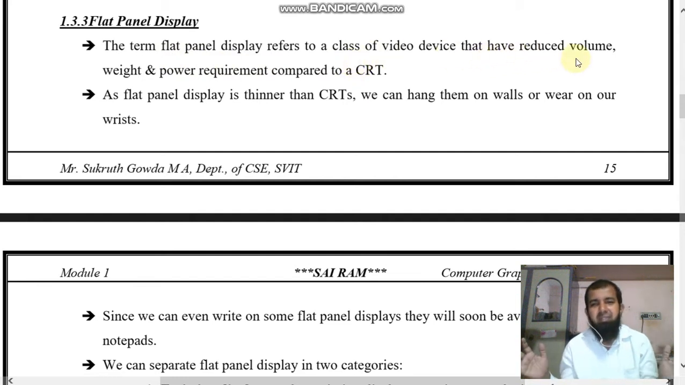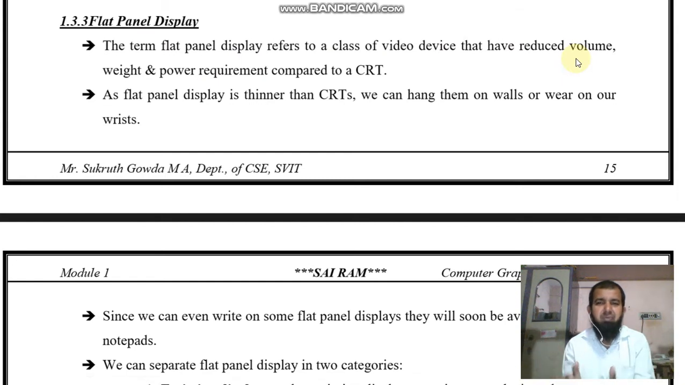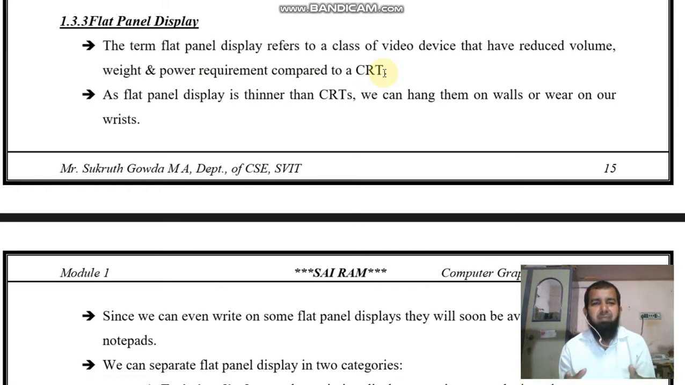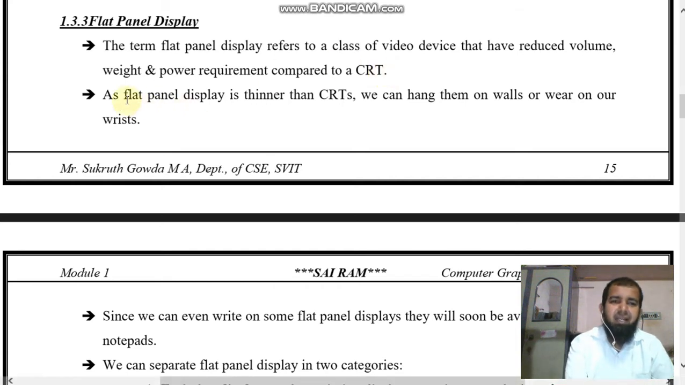The volume of the display device is reduced compared to CRT. Weight also gets reduced. Power requirement is also reduced compared to CRT. So in flat panel display the volume decreases, weight is very less, and power requirement is also less compared to CRT. As flat panel displays are thinner than CRTs, we can hang them on walls or wear